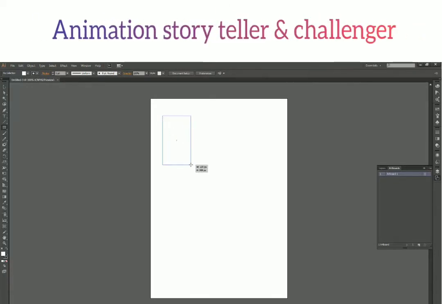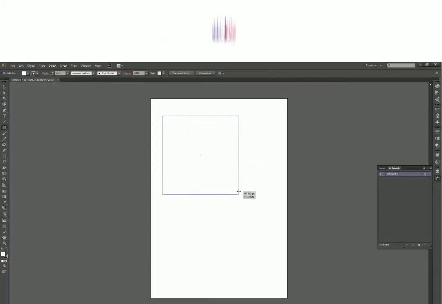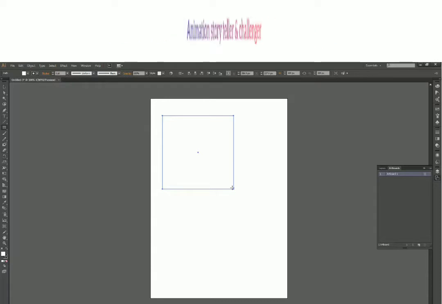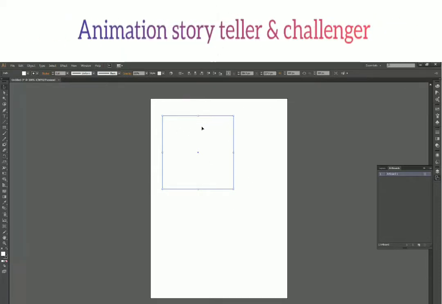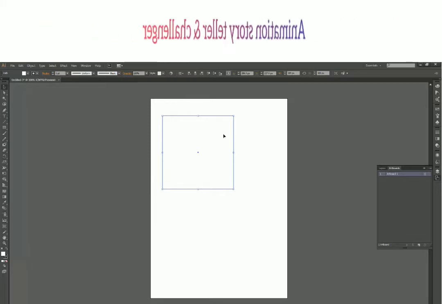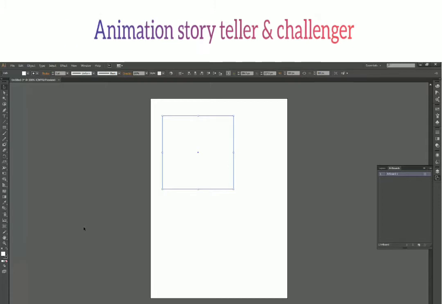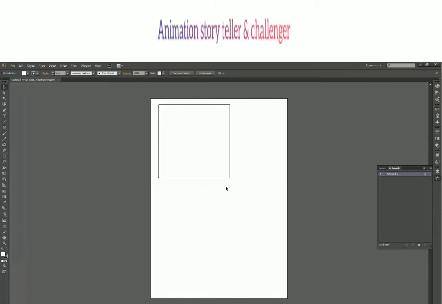Click and drag first, then press Shift to make it in proportion, then release your mouse and then release the Shift key to have your proportionate rectangle, or actually this is a square more than a proportionate rectangle. It is a square actually. So that's how you can create a rectangle.